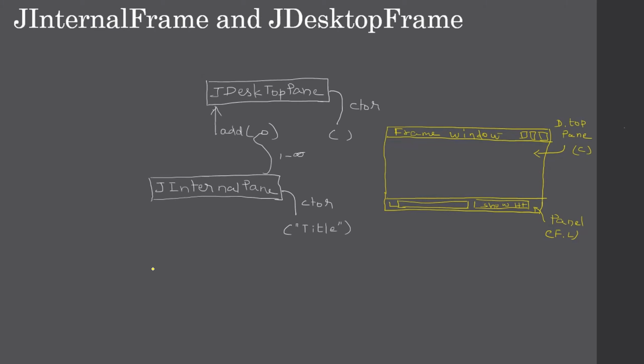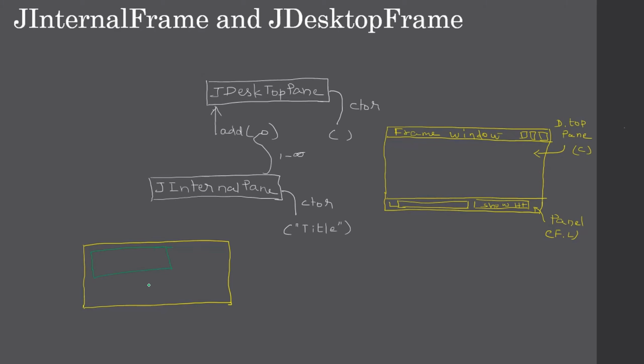Whenever the user clicks the show HTML button in the south panel, we will create an internal frame, and that frame will display the HTML content. Then we will add that internal frame to the desktop pane, which is sitting in the middle of the frame window. So once you click, it will display one internal frame here,